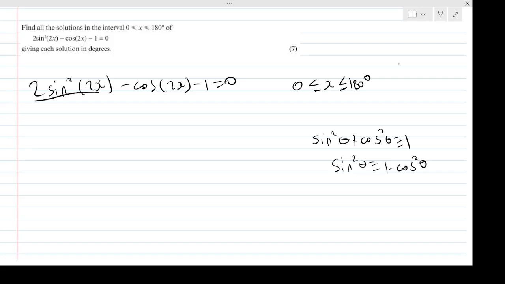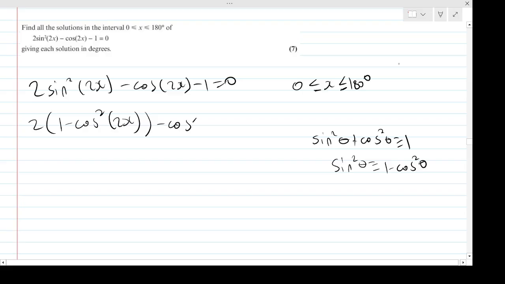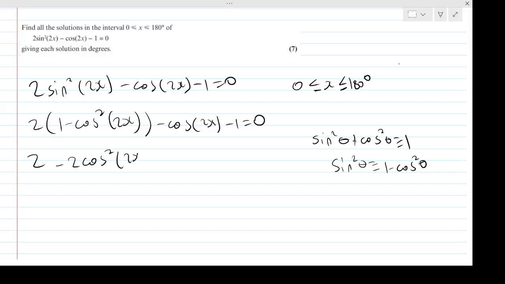And so if I substitute it here, I'd get 2 lots of 1 minus cos squared. Now for theta, our angle is 2x, okay? So there we are. Minus cos of 2x minus 1 equals 0. So then I need to expand this out. So I'm going to get 2 minus 2 cos squared of 2x minus cos of 2x